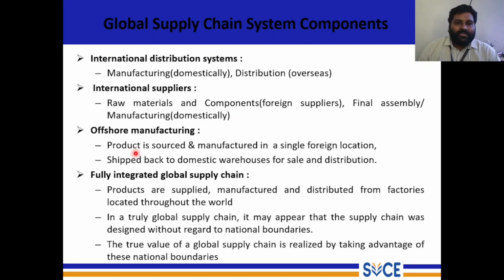Offshore manufacturing: the product is sourced and manufactured in a single foreign location and shipped back to a domestic warehouse for sales and distribution. Fully integrated global supply chain: products are supplied, manufactured, and distributed from factories located throughout the world. In a truly global supply chain, it may appear that the supply chain was designed without regard to national boundaries. The true value of a product,